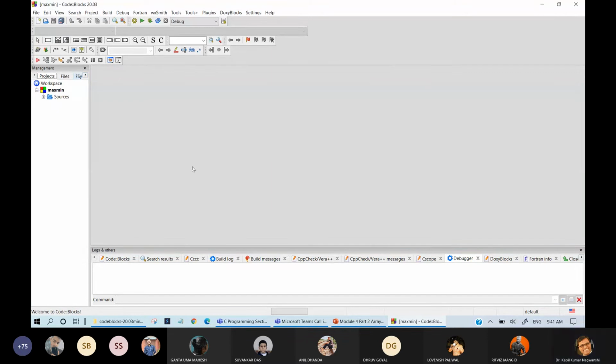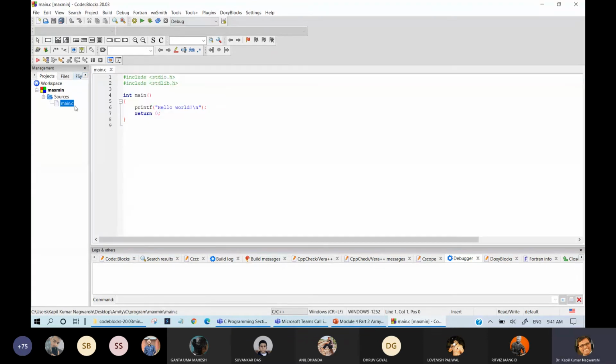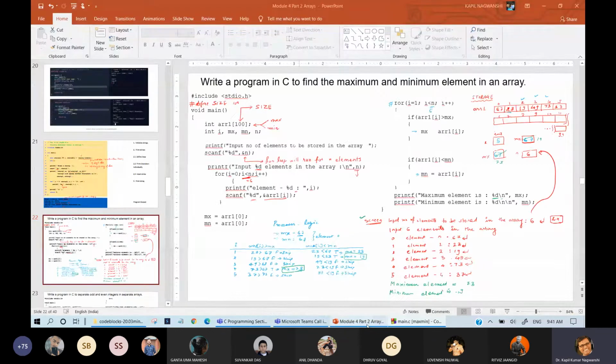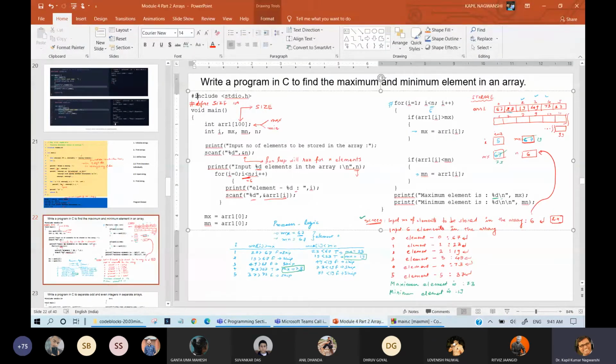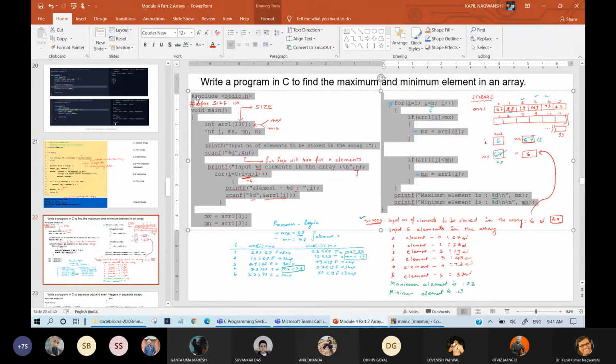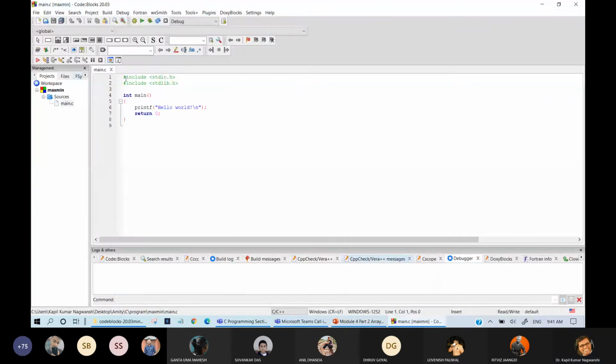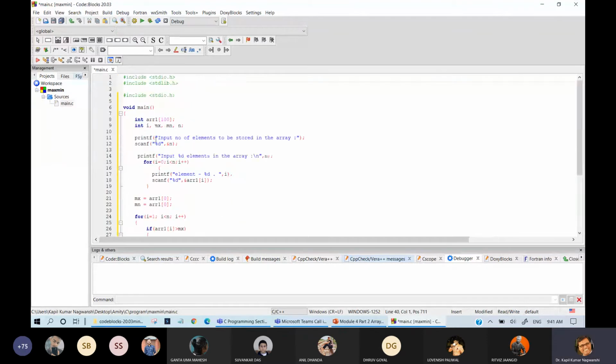Okay, so here main program is shown in source file. Just click over there, and I am copying the entire program and pasting over here.